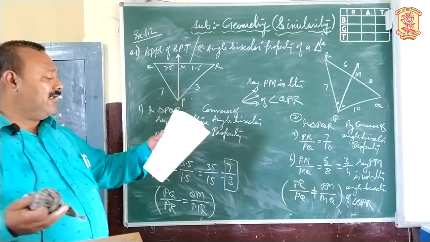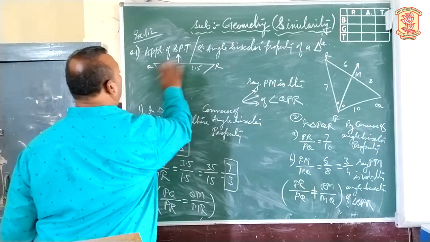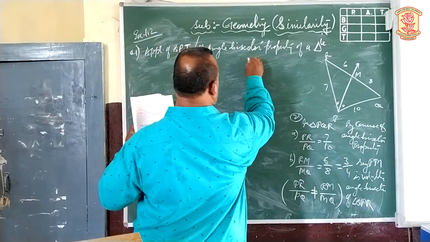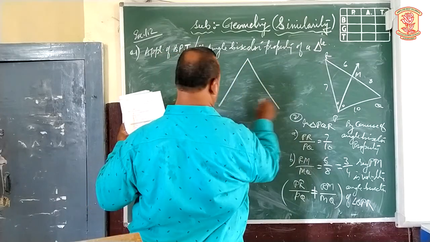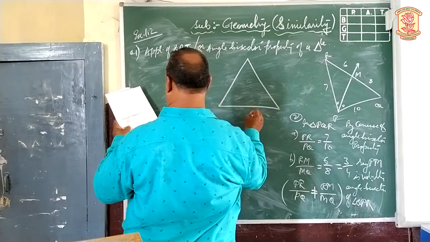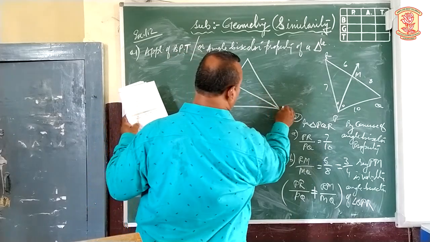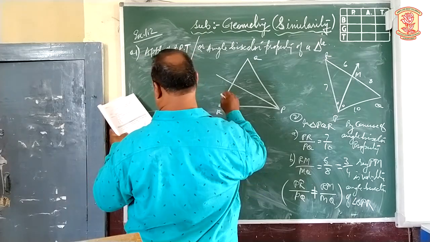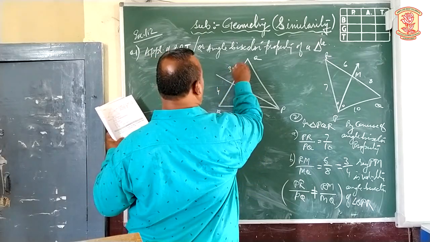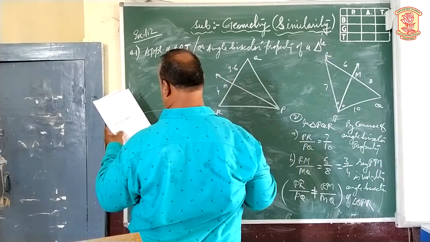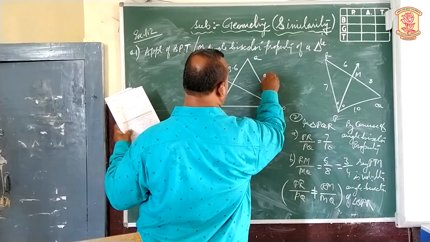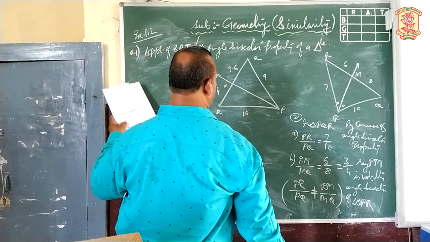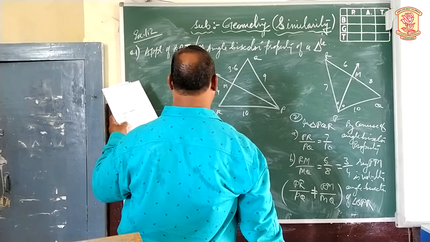Once more, you see the third example. First we have seen the second. The third example is based on question number 1, third bit. Now in the third case, from P the angle bisector is there. This vertex P, here it is Q, there R. Values are 4, 3.6, bisector is PM. We have to decide whether it is a bisector or not. The values are 9 and 10. Here it is given 4 and 3.6.